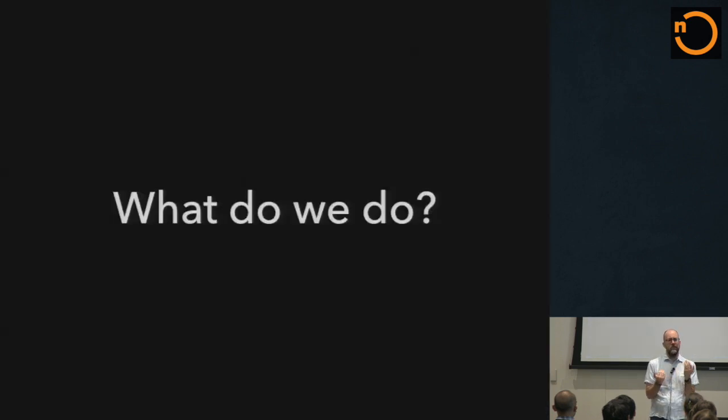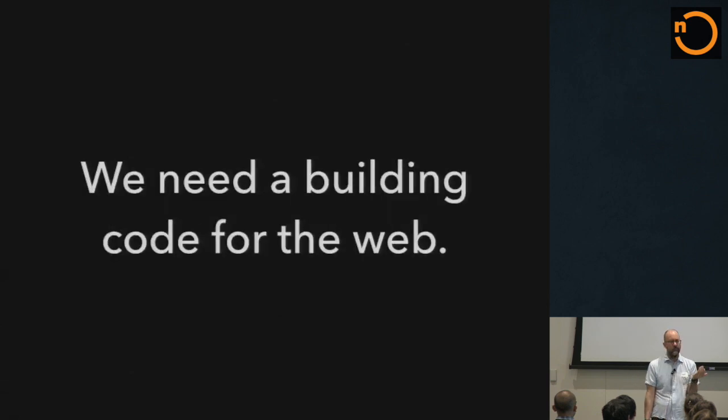So my thought really was, and has been for a long time, that we need a building code for the web, right? Well, let's think about the principles of what a building code is. In any situation, in any building, you have to be able to make one of three decisions: whether you're going to retrofit, whether you're going to replace, or whether you're going to have new construction. So if you think about retrofit, this is an example here of a bridge. Pretty much every bridge in Metro Seattle has had to do this.